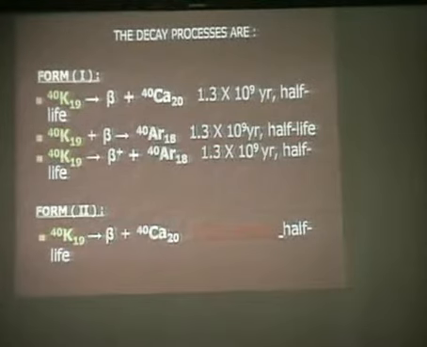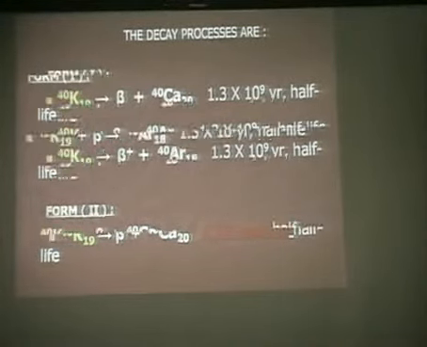Here's how potassium-40 decays. It decays to calcium-40 and a beta. That's the 1.3 billion year half-life. Also to argon. There are 2 ways you can look at it: as beta absorption or positron emission. Same thing, okay? 1.3 billion year half-life. There's much more of this happening, about 80% more of that than that, okay? The second form strictly goes to calcium, 1.65 weeks for a half-life. Very fast decay, see? We calculated that using the model, okay?